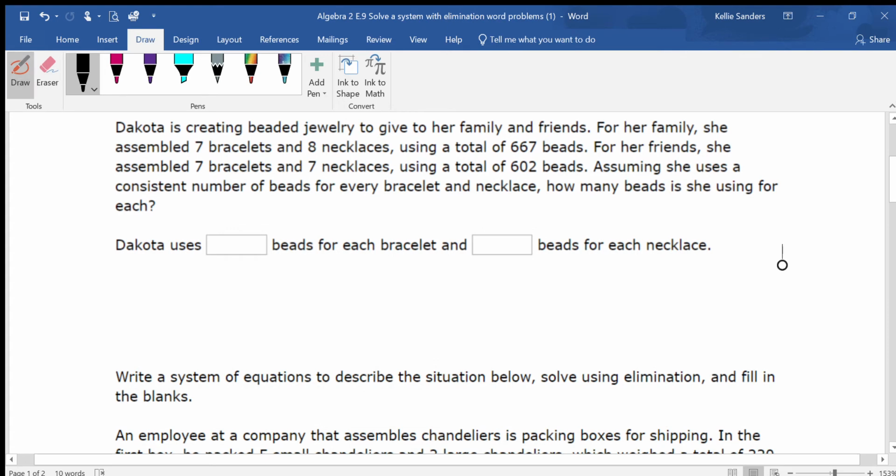Okay, so Dakota is creating beaded jewelry to give to her family and friends. For her family, she has assembled 7 bracelets and 8 necklaces, using a total of 667 beads. For her friends, she assembled 7 bracelets and 7 necklaces, using a total of 602 beads. Assuming she uses a consistent number of beads for every bracelet and necklace, how many beads is she using for each? Okay, so we're talking about